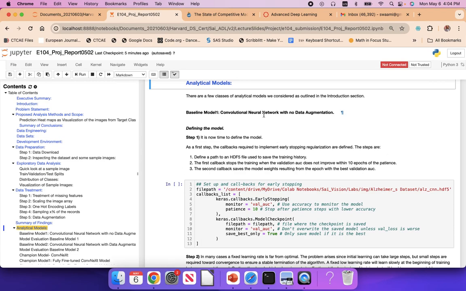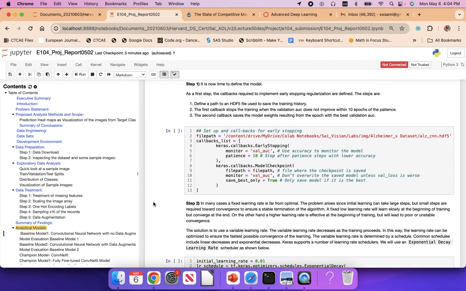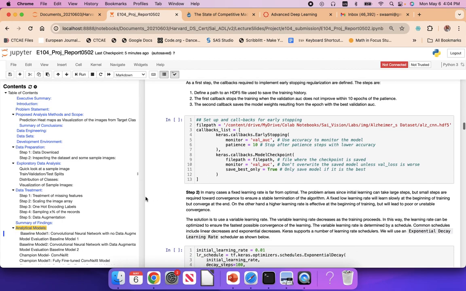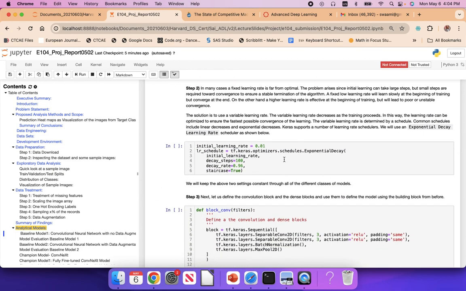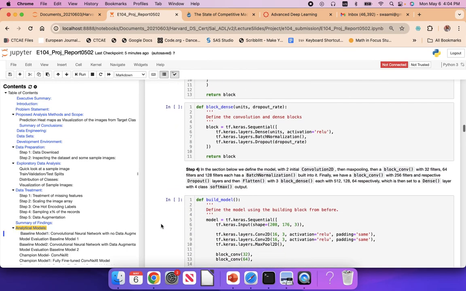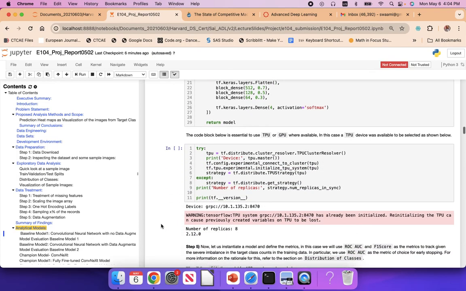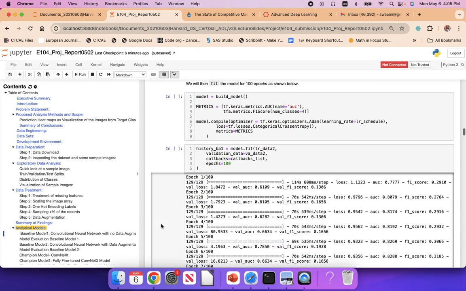A convolutional neural network was the one that was first used as a baseline model. For this model, we defined some callbacks, an early stopping callback and a model checkpoint callback, to look at the validation AUC and save the best model. We also defined the exponential decay metrics here. Nothing special, usual convolutional layers. Let's move on to the